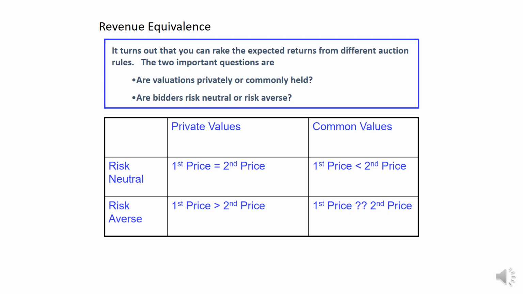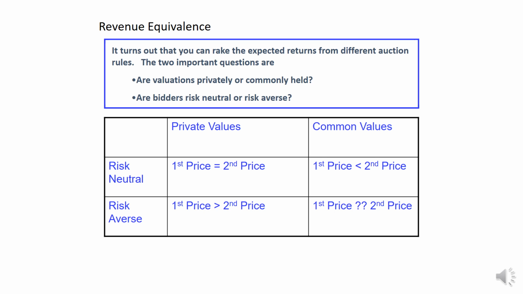As business people, we might care about making money off an auction. So the question is, do different auction types yield the same amount of revenue for us? The question is, under what conditions do they yield the same type of revenue? So here we can think of different values in the bidders, and by values I mean more like morals, right? Are they risk neutral or risk averse? If you are risk neutral, then your bidding behavior isn't going to be influenced as much by what you think the other people are going to do. If you are risk averse,